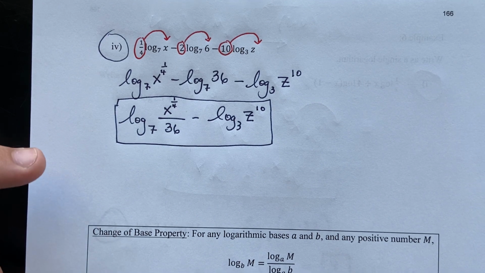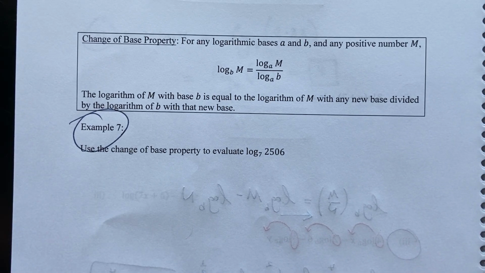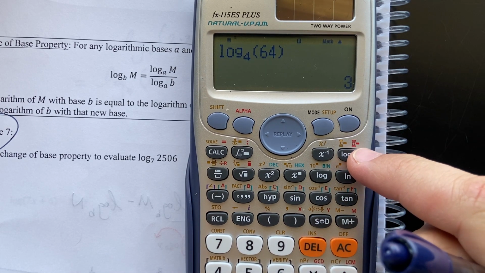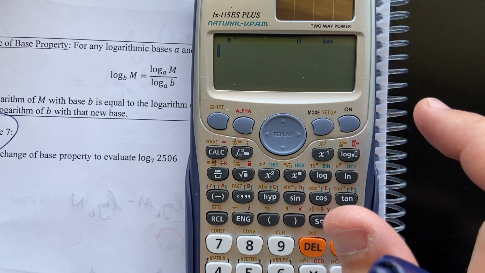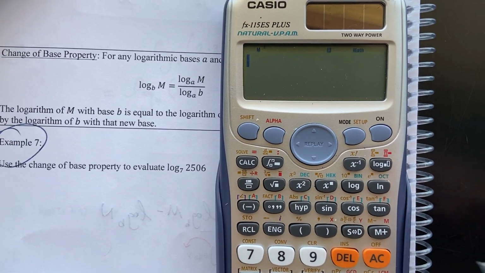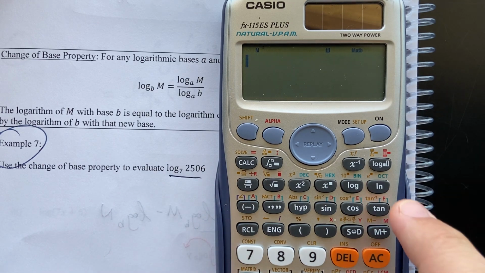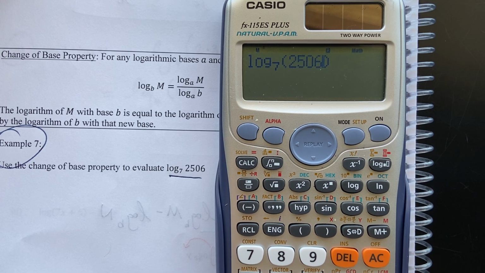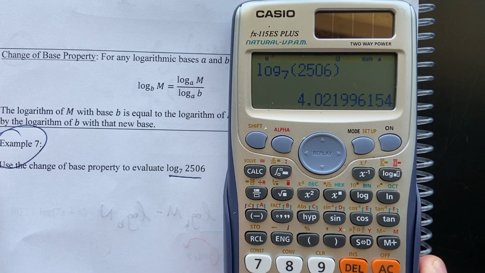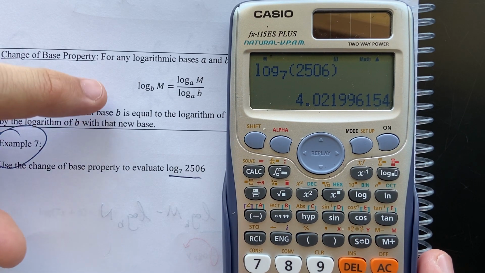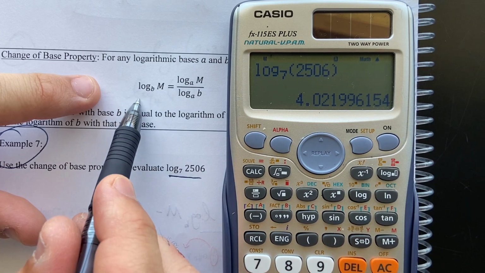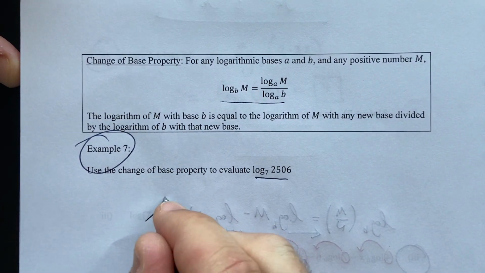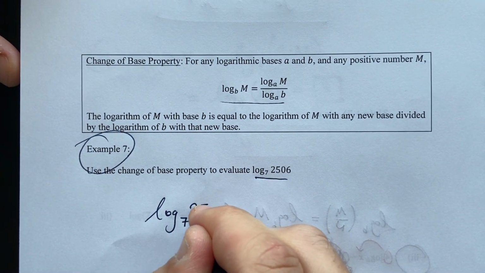Okay. One more property, this change of base property. If you don't have this calculator, there's a way around, because maybe you don't have this type of button. If you have this type of button, then you can just evaluate this by going log base 7 of 2,506. It's this strange number, whatever. If you don't have this button, then you can get around it with this property. So what that is saying is if you have log base 7 of 2,506,